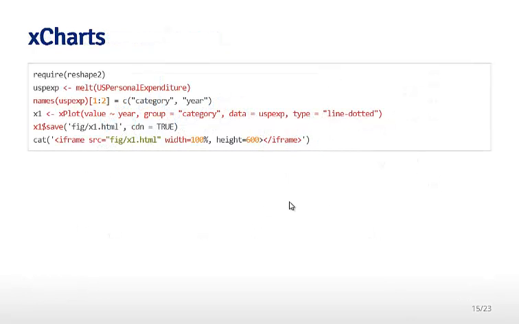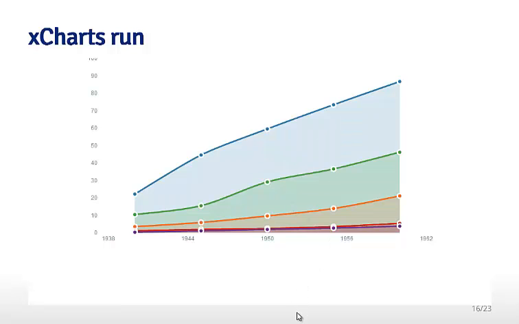rCharts, here's just another one. This is what this example looks like. I'm not too enthusiastic about this one, but maybe rCharts has a lot of